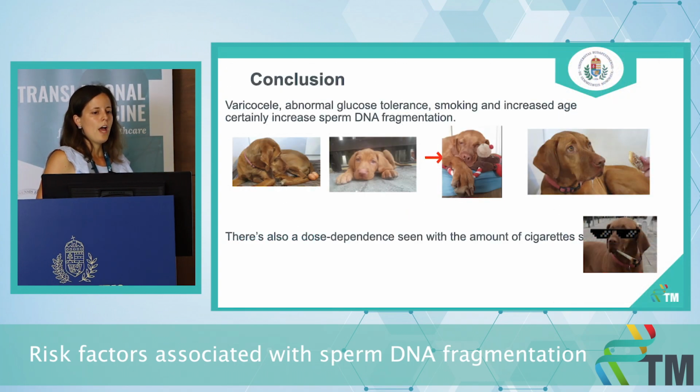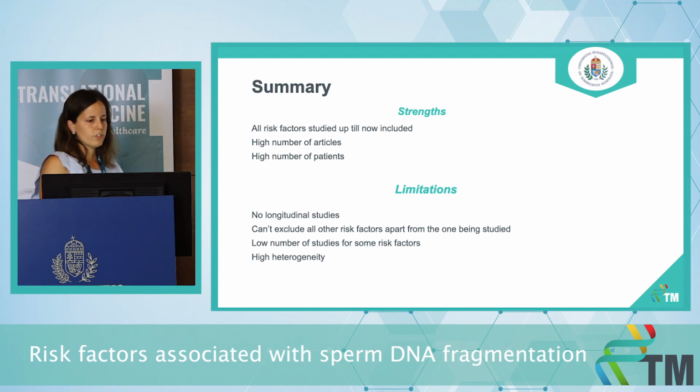As a conclusion, varicocele, abnormal glucose tolerance, smoking, and increased age certainly increased sperm DNA fragmentation, and we could also see a dose dependency in some cases. Some of the strengths include that we looked at all risk factors that had been studied so far. We had a high number of articles with a high number of patients, but we had no longitudinal studies. We couldn't only look at the effect of one risk factor at a time because there were also others influencing it. We had a low number of studies for some risk factors, and we had a high heterogeneity in every